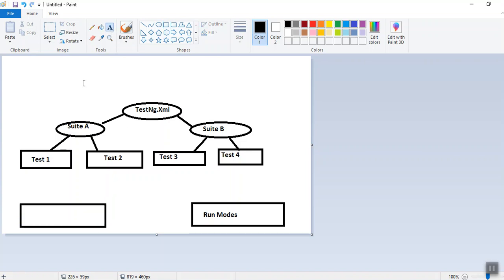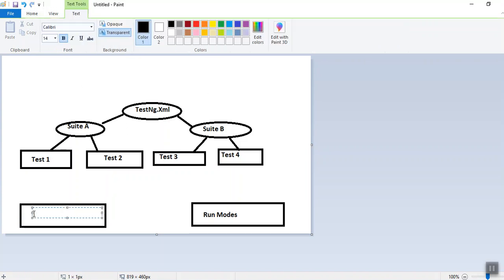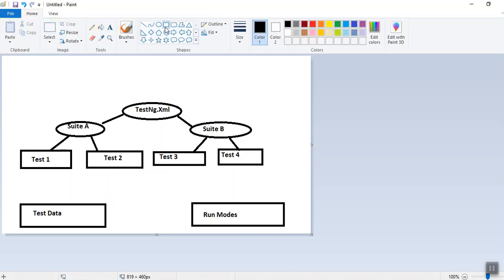So we will have an Excel sheet which has the run mode as well as the test data, and there will be a middle layer between them, which will get the data and check the run mode.